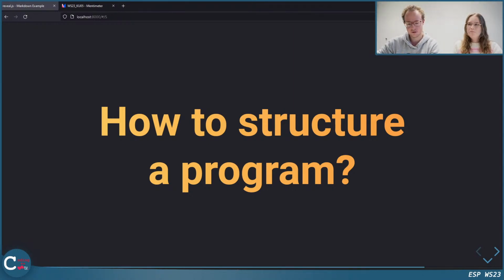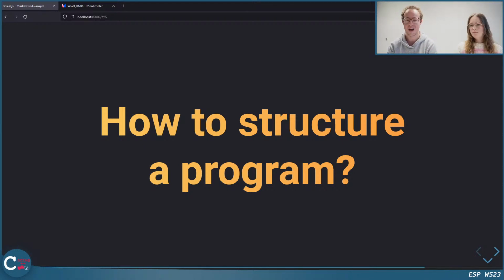Now we have looked on some main concepts, we have looked on those loops, we have seen conditions, we have seen functions, but now you should program an assignment which consists of all of those parts. And maybe it's a bit hard to get started and to think how to structure the program, what to start with. And we want to give you some hints there and show you how to start.